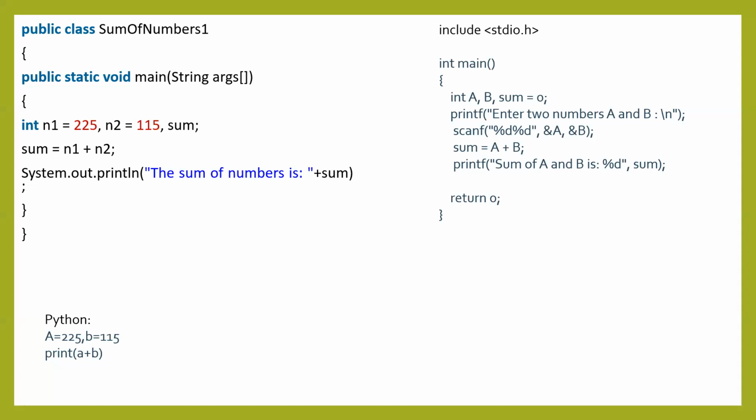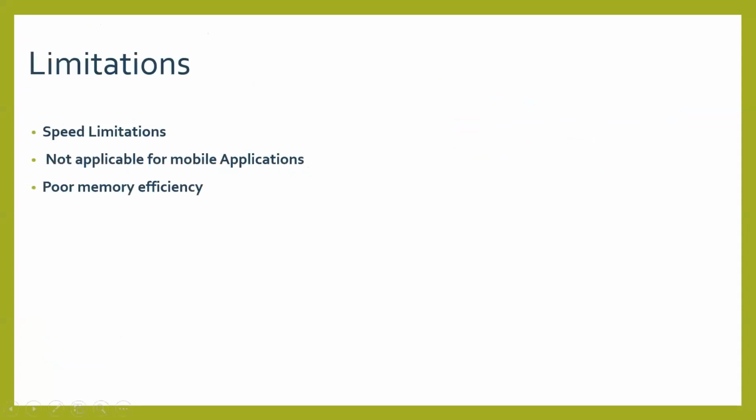Right. Let's go. Of course, there are some limitations for Python. Not only advantages, but also there are some disadvantages. What do you mean by that? As I said, Python is an interpreted language. Due to interpreting, there is a slow process or slow execution. That's the reason the speed of execution is a little bit slow as compared to C.